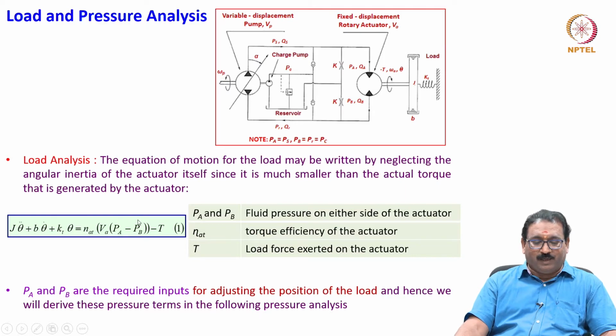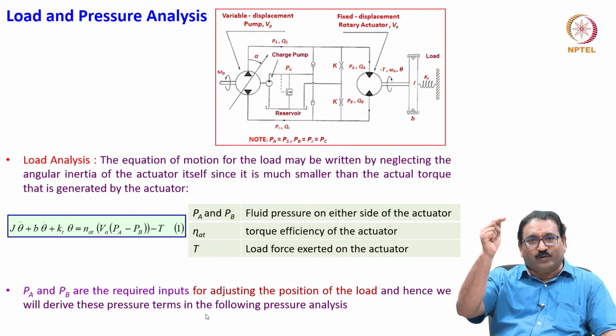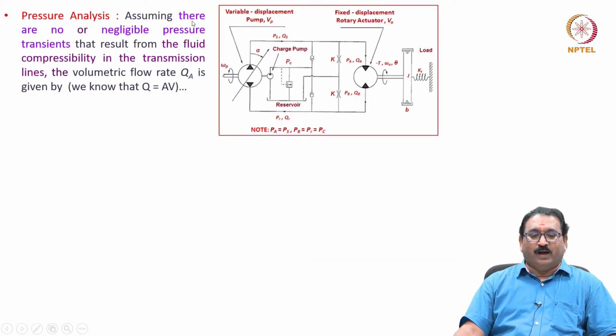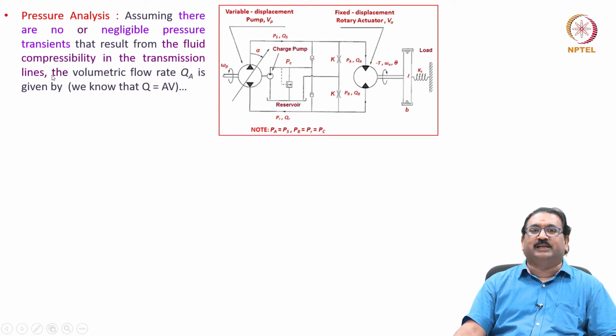Here PA and PB are the required inputs for adjusting the position of the load, and hence we will derive these pressure terms in the following pressure analysis as we have done for the linear actuator. Similar way we have to do it here. Pressure analysis. Assuming there are no or negligible pressure transients that result from the fluid compressibility in the transmission lines,